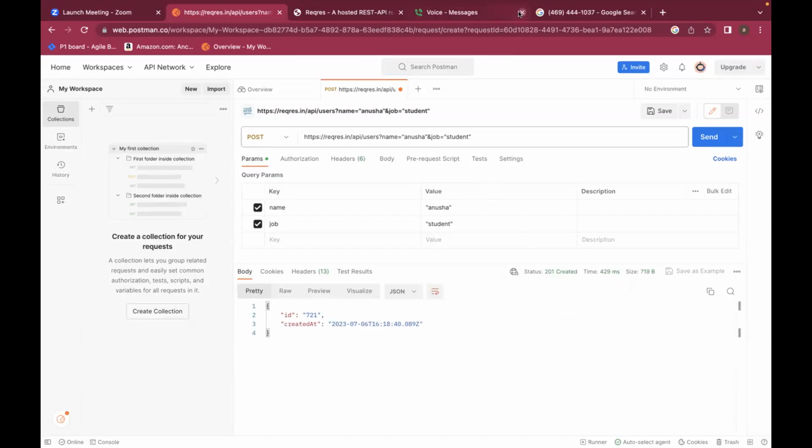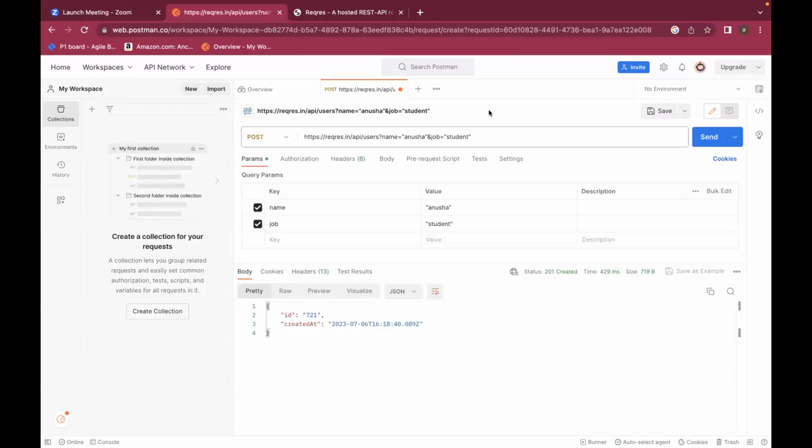And 500 series may not be possible in real time in the class, because to have a 500 series, the application should be down on the server itself. The server itself is down. There is some problem with the server. That is why you're not able to send any requests, and that is why you're getting 500, or anything starting with 5, as the status code. So with the 500 series, the problem lies with the server. With the 400 series, the problem lies with the client.